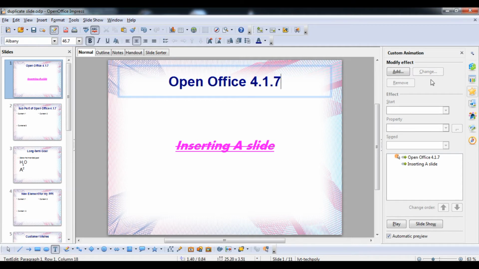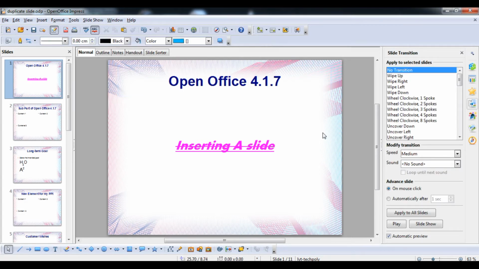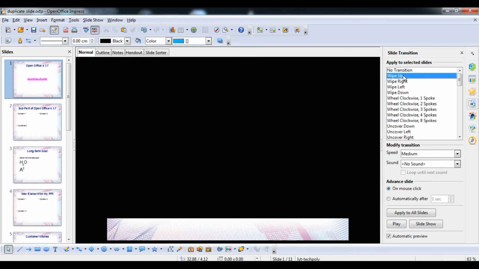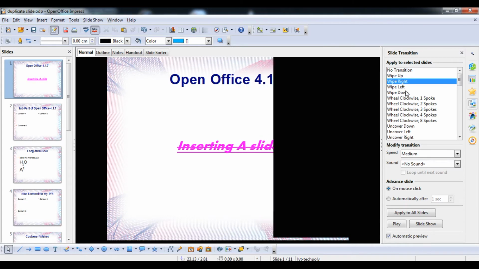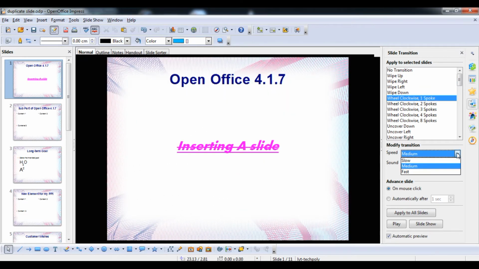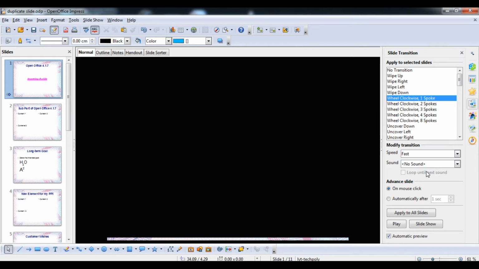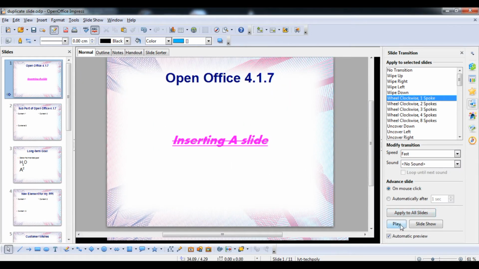If you want to change content, you can use custom animation. Select one thing: Wipe Up will look like this, Wipe Right like this, Clockwise, it's up to you. You decide the speed from here: slow, medium, fast. Then you can apply to all slides, play, or slideshow.